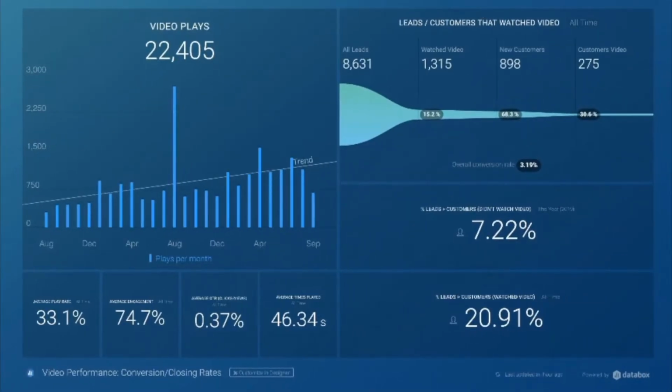Now, one thing we can achieve through that integration with Wistia is to create these kind of data boards in Databox. And these data boards allow us to showcase not only Wistia data, but also HubSpot data with lists, and then combine data from both of them. And this happens because Databox integrates with HubSpot and with Wistia. Sadly, Vidyard doesn't have an integration with Databox, so this is something that you can't do if you are using Vidyard.